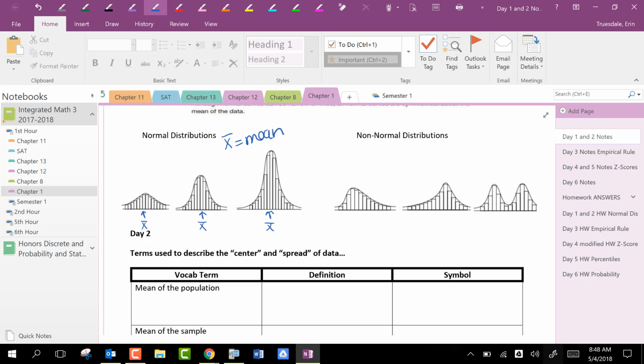Okay, so the first 6 questions just say, is it continuous or discrete? Okay, and then 7 asks you to do a relative frequency table and then a relative frequency histogram. 8 says the same thing, and then at the end it says, does it approximate a normal distribution? While you're working on this or after you're done with this, if you had questions on your throwback chapter 11 worksheet you worked on yesterday, I know Miss Sable